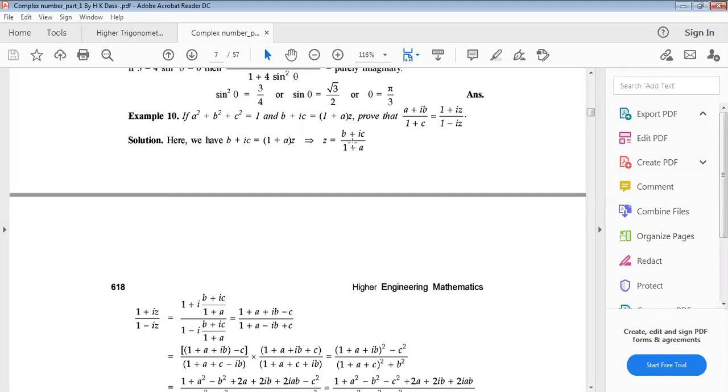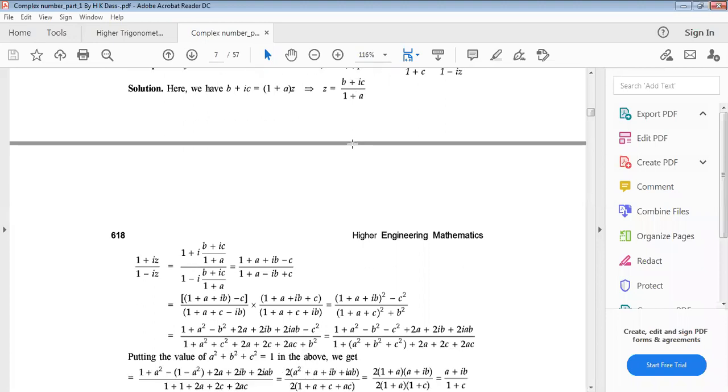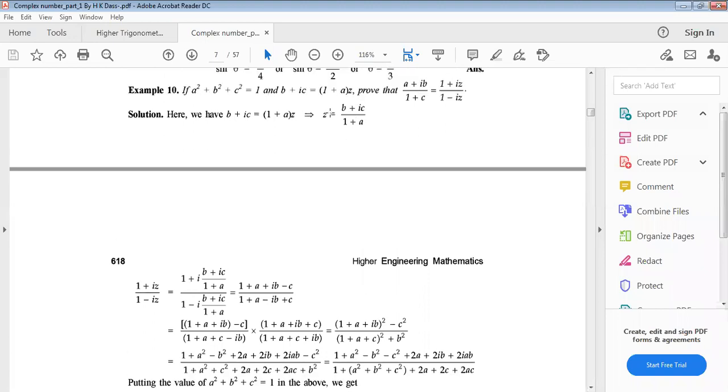Just we have found the value. Now, to divide by a component, you must know the component: in the numerator z, but in the denominator 1, so z by 1. We can write it as single z by 1. Then we can write 1 plus iz divided by 1 minus iz, that means divide by iz. From here, 1 plus, now putting the value of z,